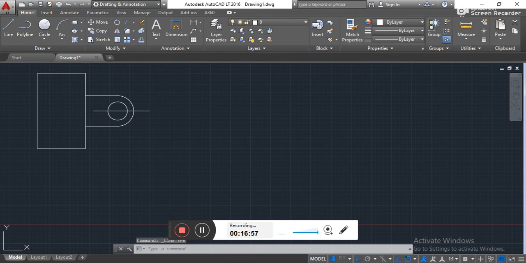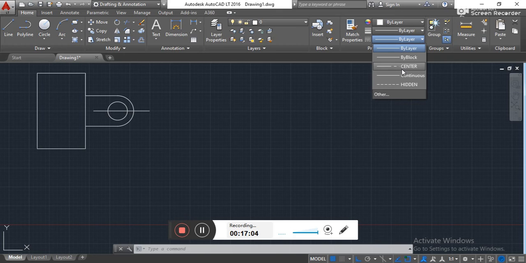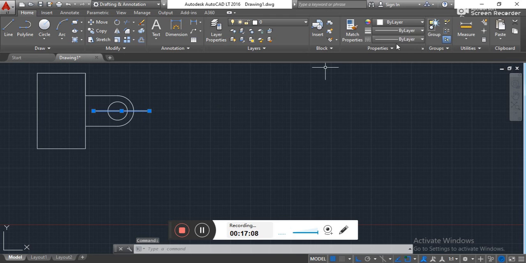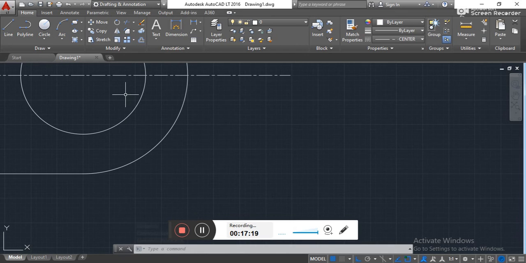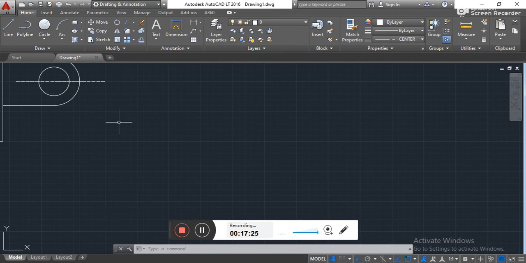Click OK, and now you can see hidden line as well as center line over there. So we have drawn a center line. You can see if I zoom in, this is a center line. Let's zoom out.